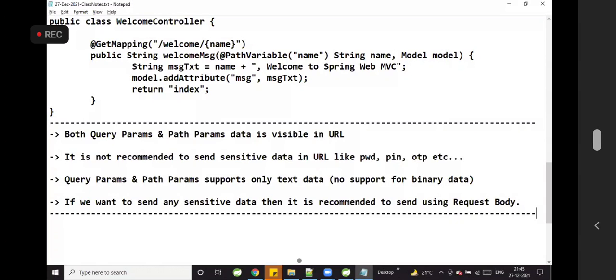We are going to send the data from UI to controller in three ways.